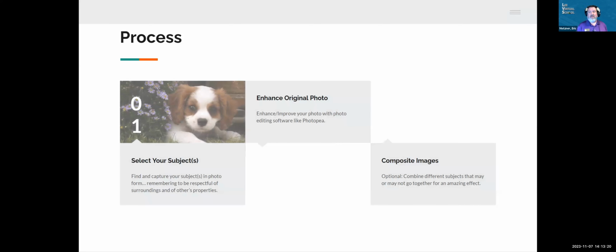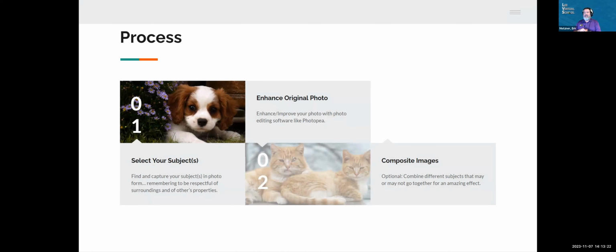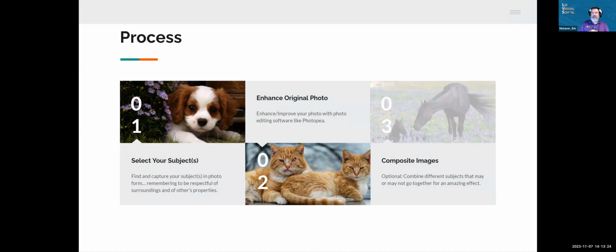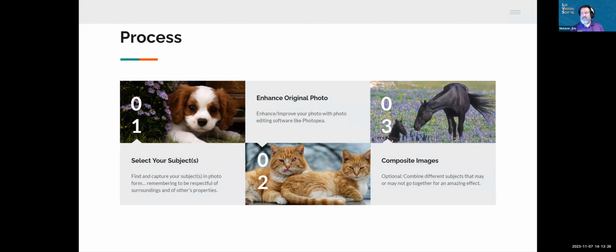The process: select a subject. Enhance the original photo as much as you can, and maybe even composite images by putting one image over another or adding a filter over an image. Things like that. The next time that we meet, which is going to be next month, I will be going